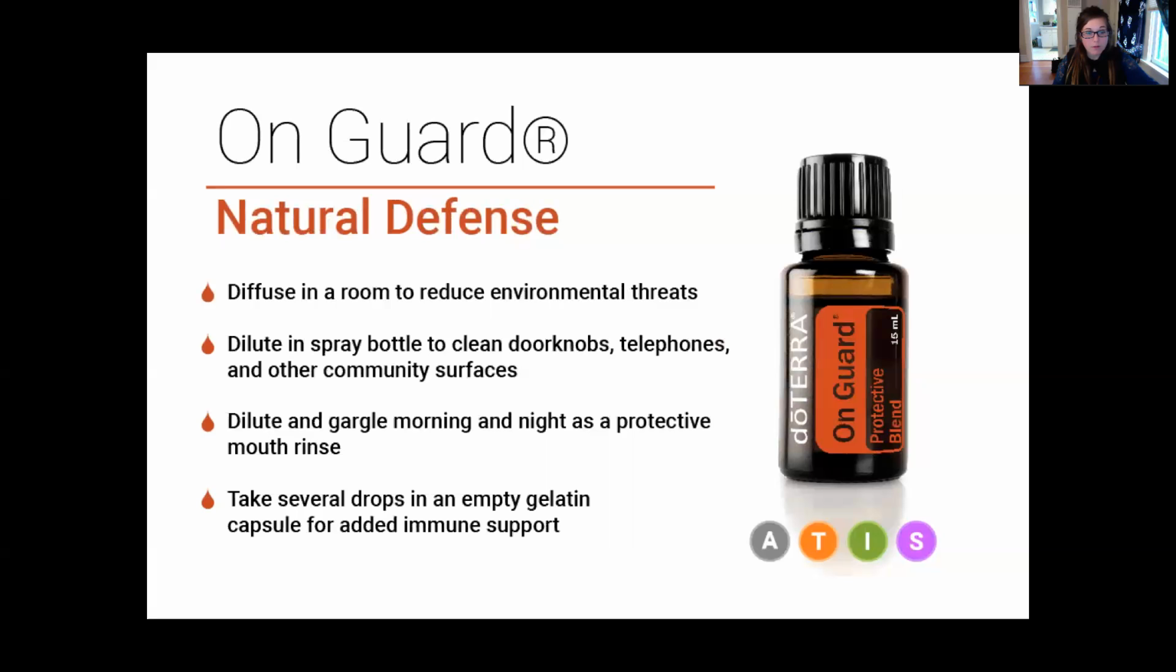So let's talk about this bad boy here, or lady, whichever you want to go. Natural defense, On Guard. Like Breathe, On Guard does exactly that, okay? You diffuse it in a room to reduce environmental threats. It guards you. You can dilute it in a spray bottle to clean doorknobs, telephones, and other community surfaces, right? You got the cooties going on, spray that down, wipe it down, takes care of all of the nasty germs